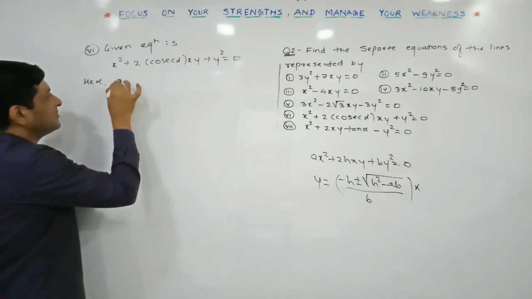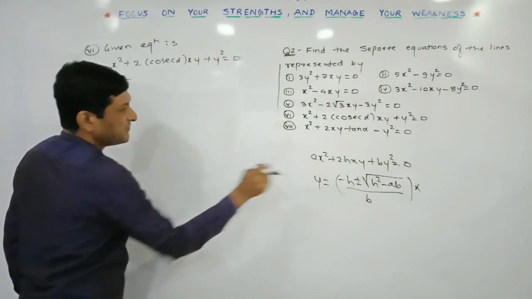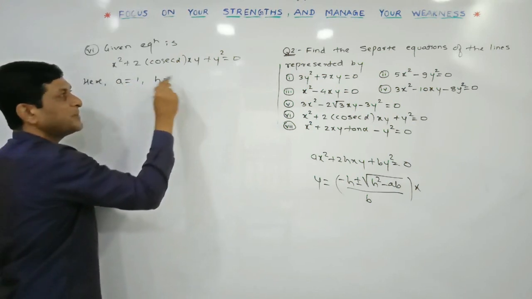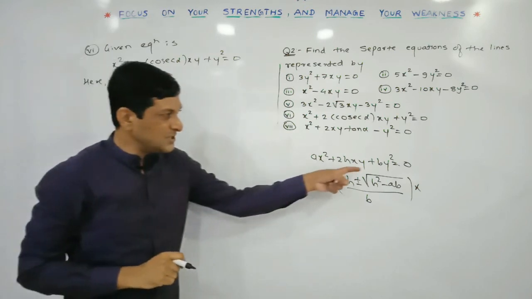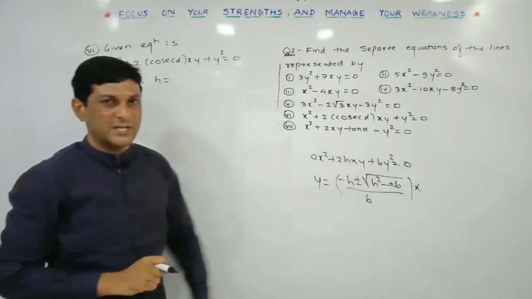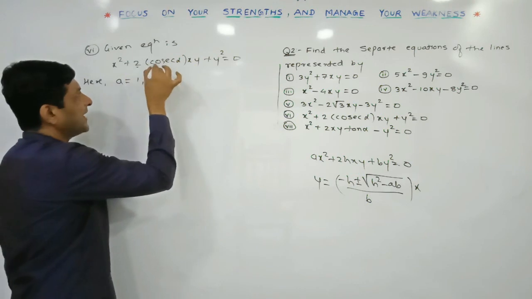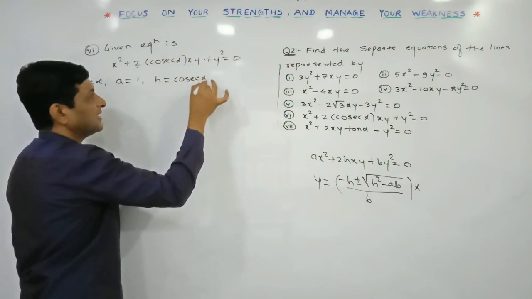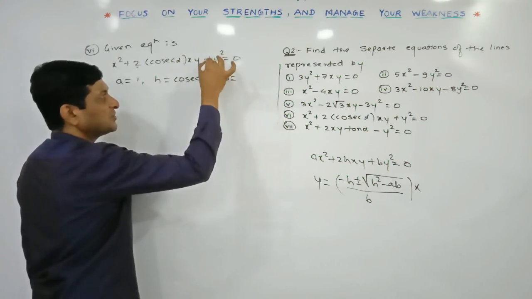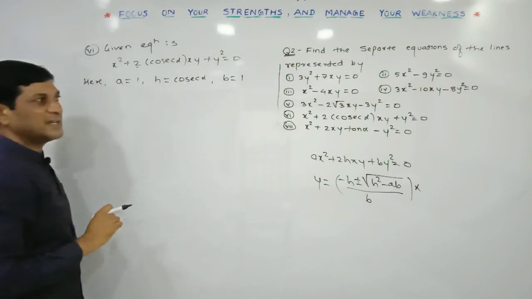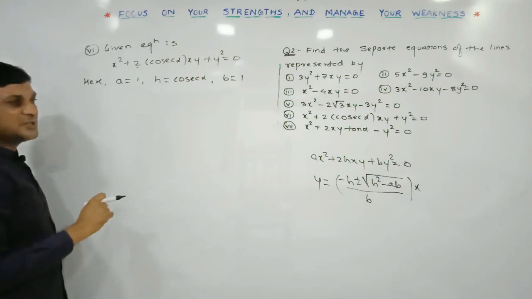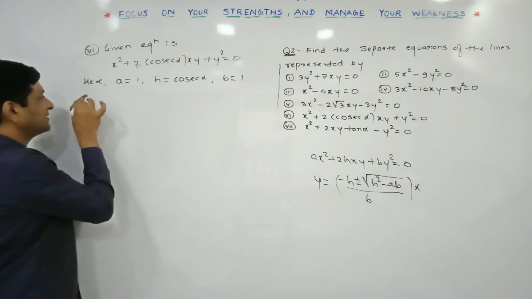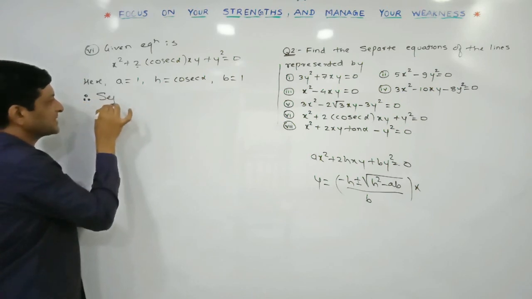So here a will be equal to, a means what? Coefficient of x square. What is the coefficient of x square here? 1. Then we are finding the value of h. Middle term means coefficient of xy we are denoting by 2h. So here this is 2 and this is what? h. So h means what here? Cosec alpha, and b means what? Coefficient of y square. Coefficient of y square is here 1. Once the values of a, b and h are known to us, substitute the values in this formula to find out the separate equations. That's why we can say that therefore the separate